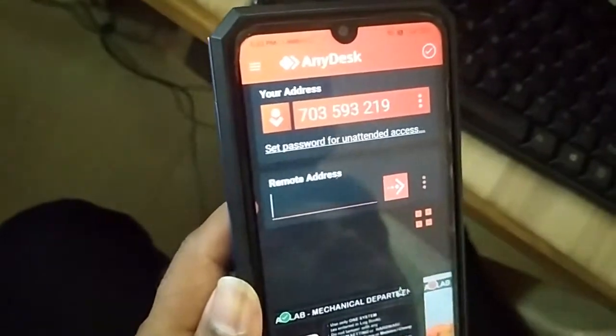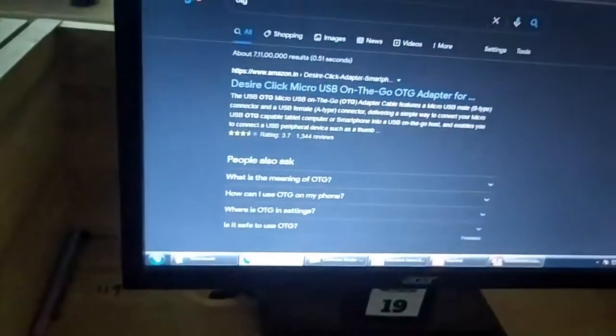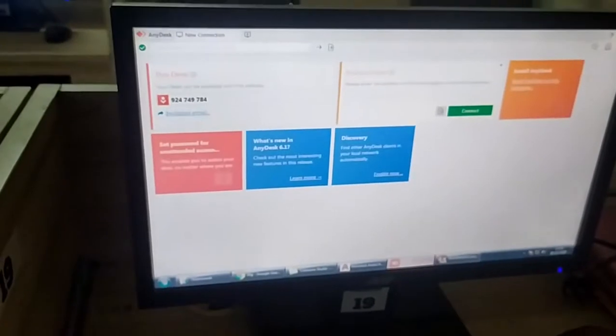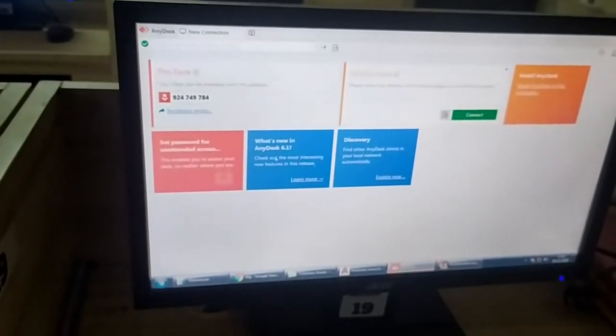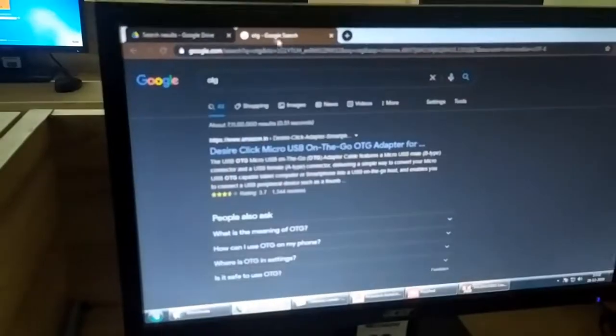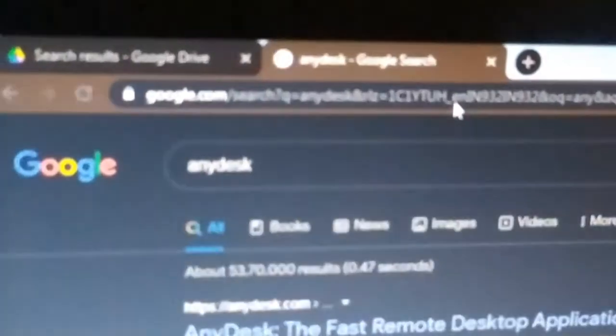Now this remote address, we'll have to take it from the computer. Here you can see in the computer in the lab, the faculty has to install this AnyDesk software, and it is also available for Windows, so you need to be careful which version you are installing. You can search AnyDesk on Google, click on the Windows version of it, and click on download.